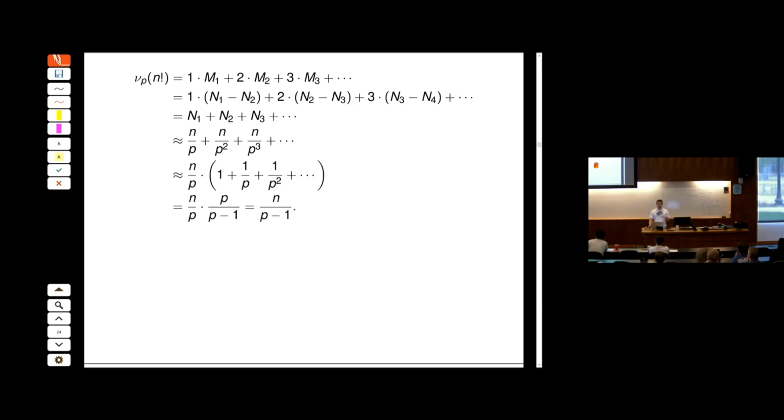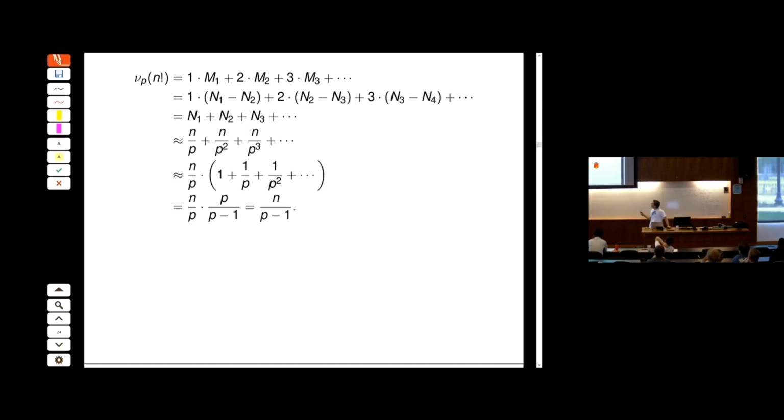Now here I'm being very vague in that there is some difference. You remember n1 was supposed to be the floor, so there's some fractional part that I'm forgetting about, and I'm hoping that that's not adding too much, but that's approximately that value, and then you can take a common factor of n over p, and you get that product, and that